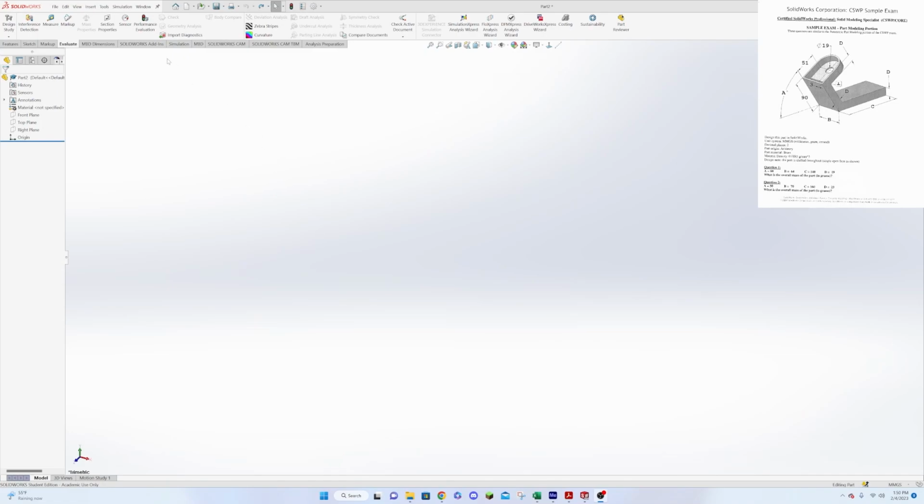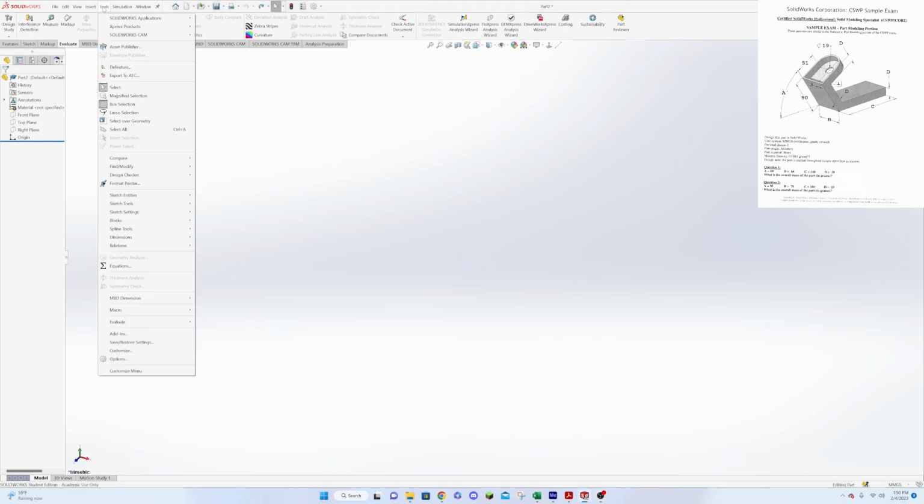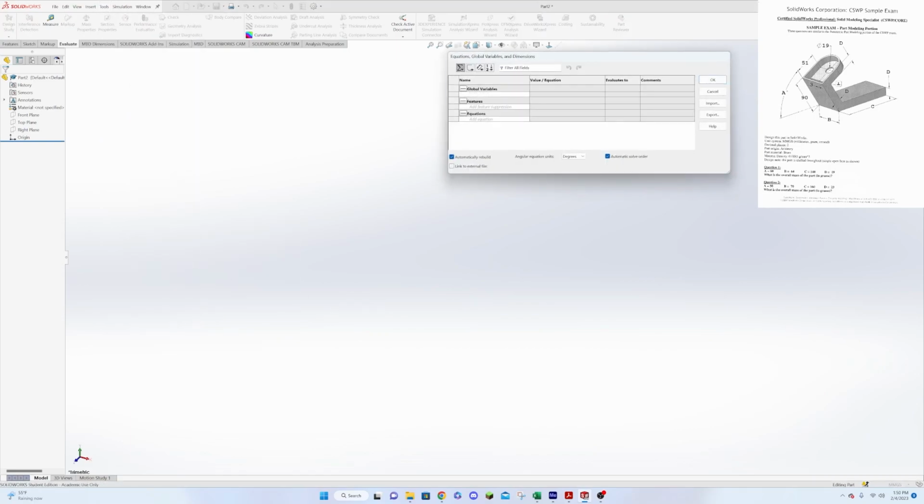Okay, so like I said, we have some global variables, so let's go in and enter those right now. We'll go down to our equations, and we'll go to our global variables. We have A, and we'll tab over, and we'll see that A, in this case, is equal to 60 degrees. Keep tabbing. B is equal to 64. C is equal to 140. D